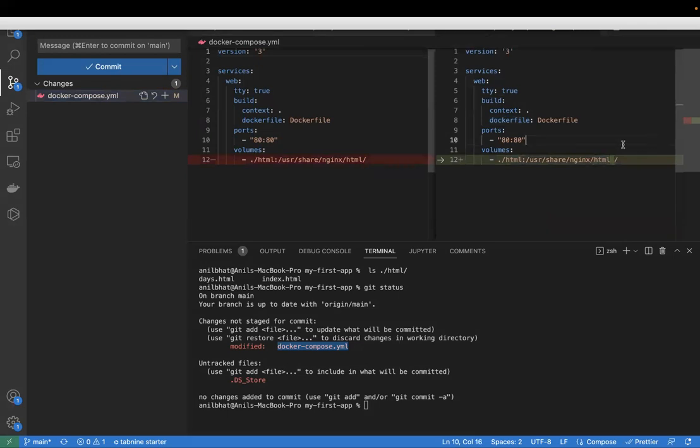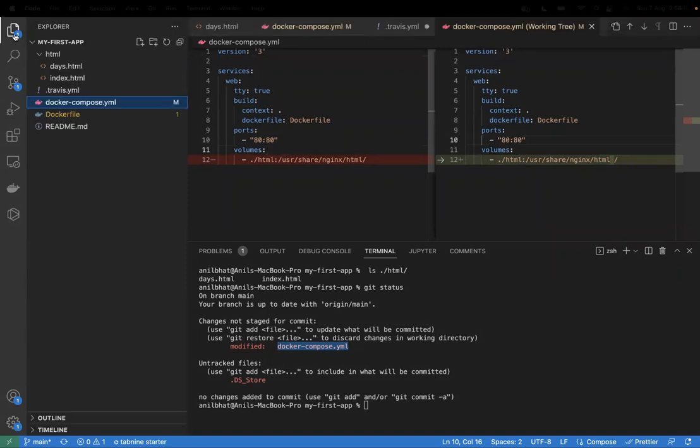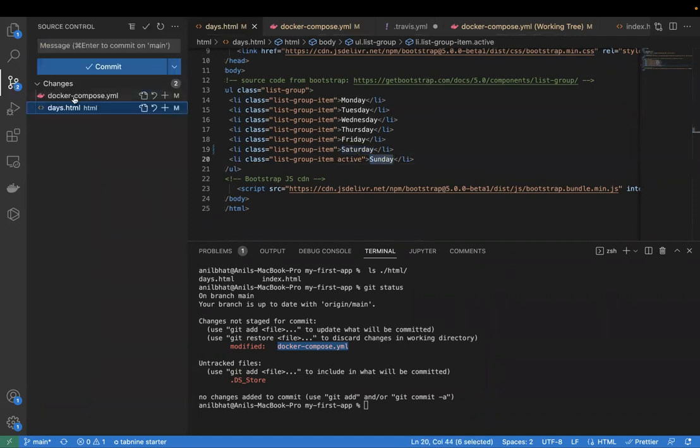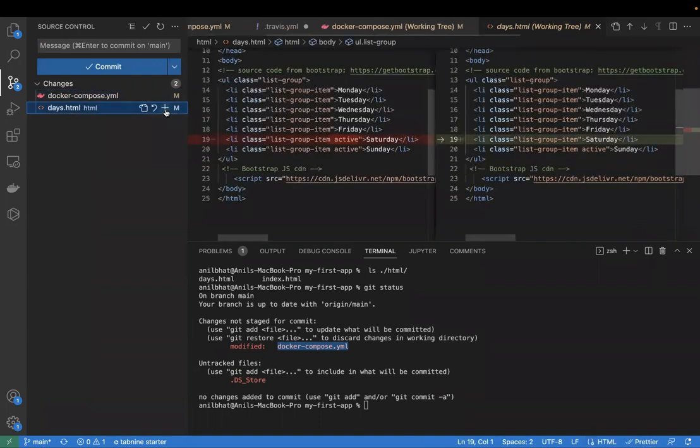Okay. Now I want to push my changes. So for a better change, let me make a better change. Let's go to base.xml and let me make a small change here. I will make Saturday inactive. Saturday is inactive, and Monday, Tuesday, Wednesday, Friday up to only Sunday is active. I am going to push these changes. So I will just push my changes.